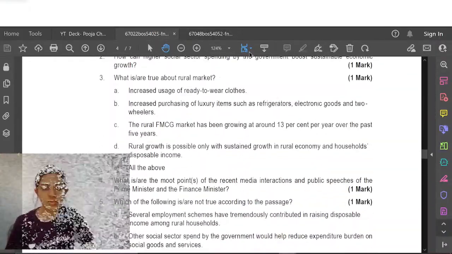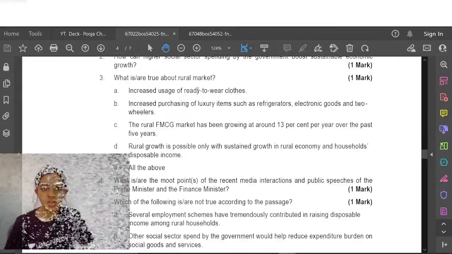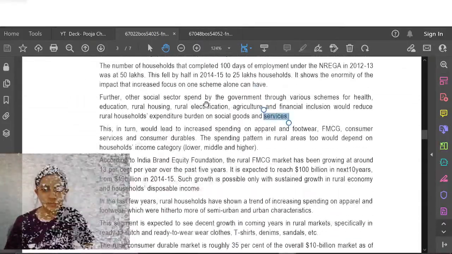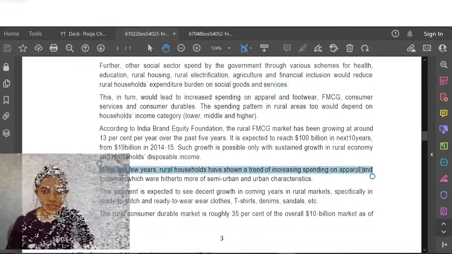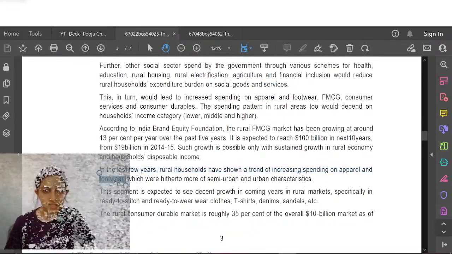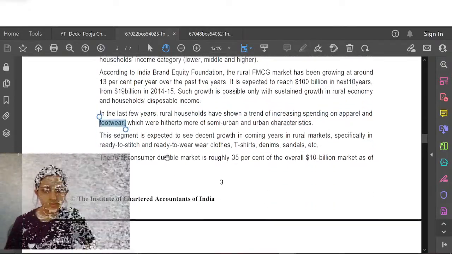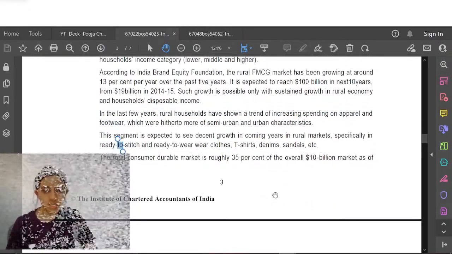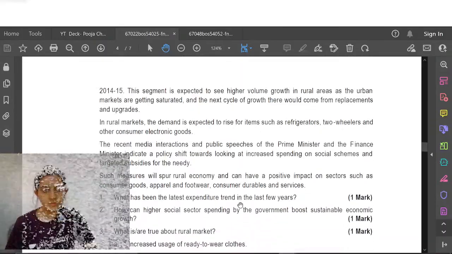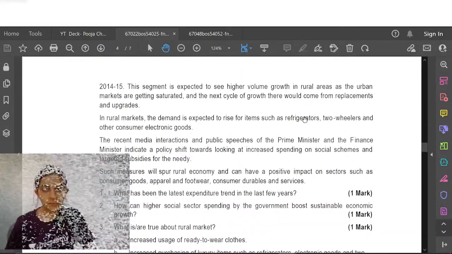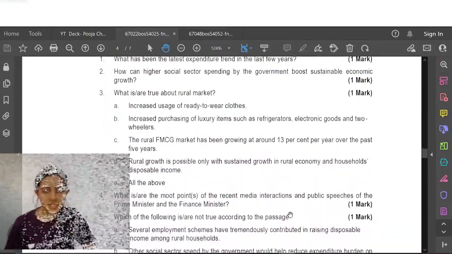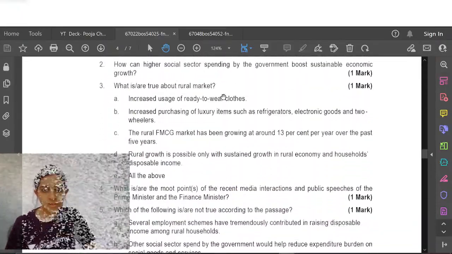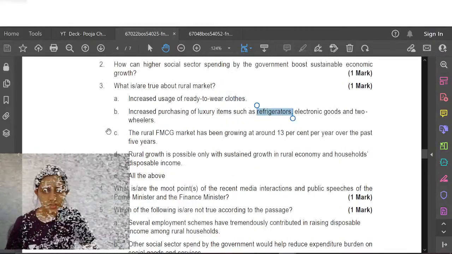Let's see the next one. The next question was an MCQ based. What is true? Okay, let's see if these things were true. Are we able to find the words apparel? Oh, yes, we did. Footwear? Yes, we did. Ready to stitch? Yes, we did. Refrigerator? Yes, we did. So basically, ready to wear, refrigerator,